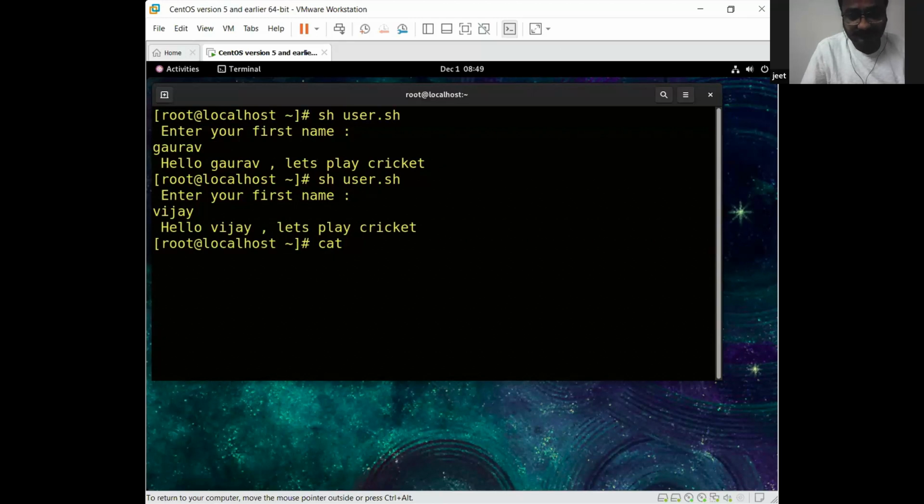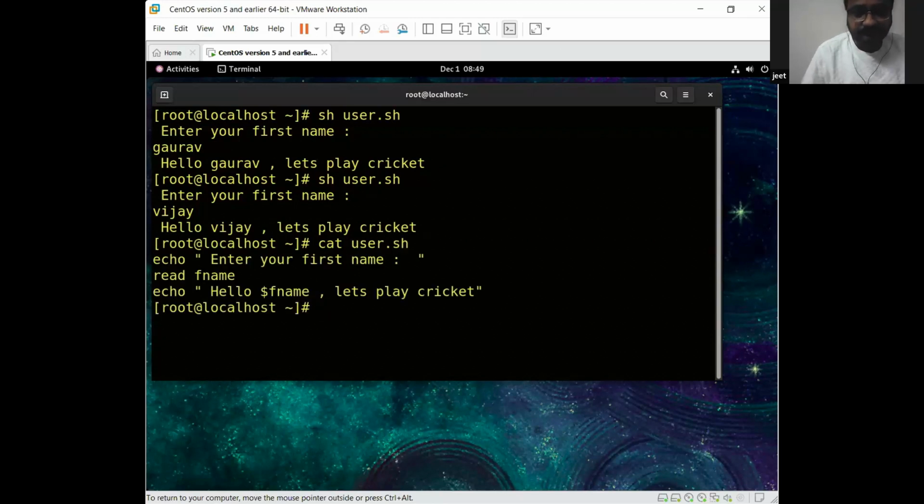So with the help of this method, you are able to take the input from the user data। See, now check the script। Clear? इस तरीके से आप बना सकते हो स्क्रिप्ट, ठीक है। अब इसी में और चीज़ें ऐड करते चले जाओगे तो और चीज़ें ऐड होती चलेंगी। It's up to you how many tasks you want to automate।